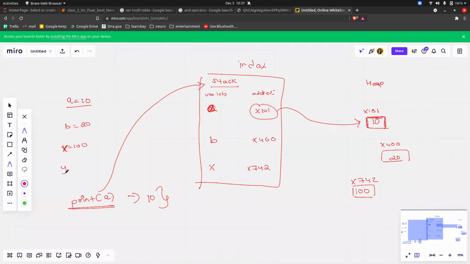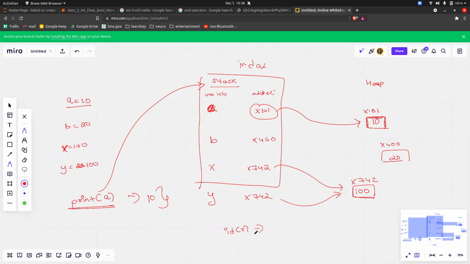When you do y equal to 100, it registers the variable y, but 100 is already present, right? This is called the memory management of Python. If a particular thing is already present, Python will not create an object again. It will just point to 742. So x and y will point to the same memory location. So if I do id of x, what will be the output, by seeing this diagram?